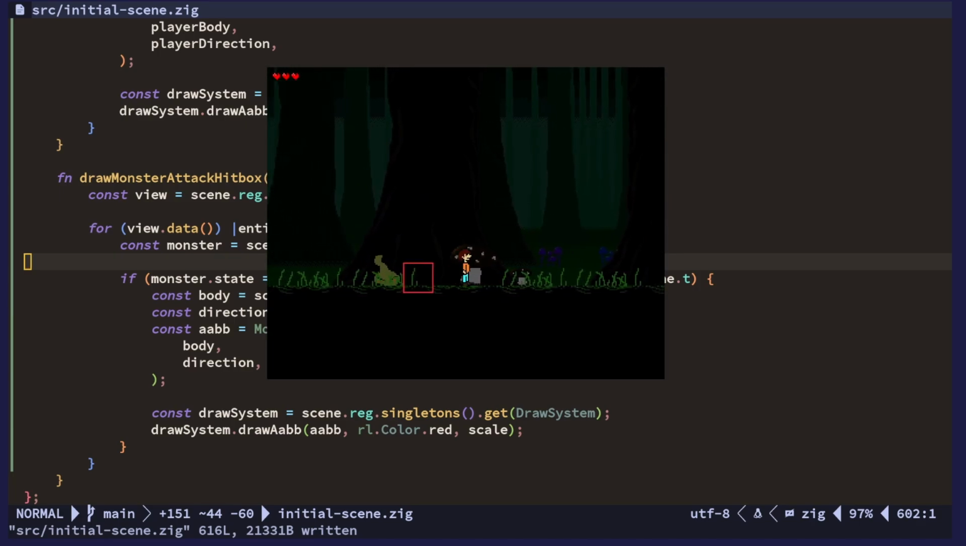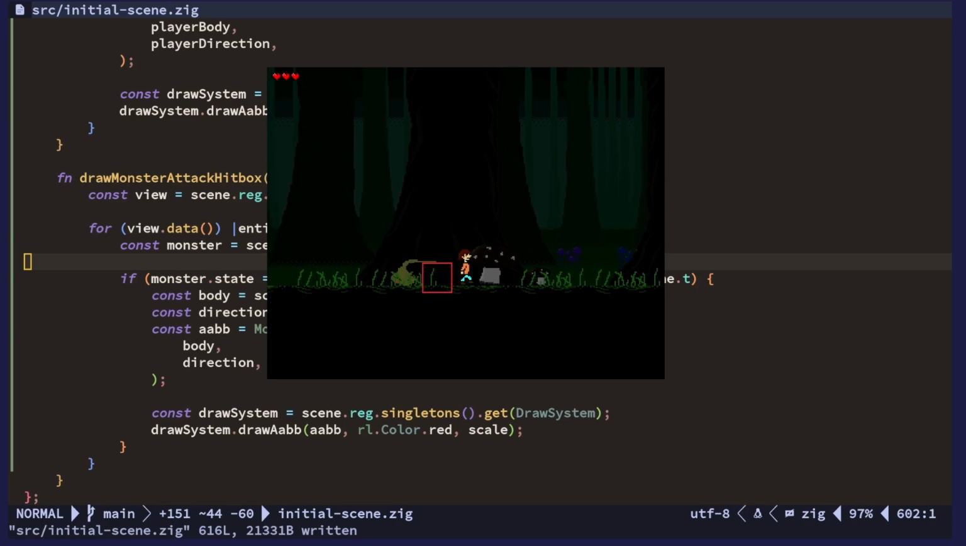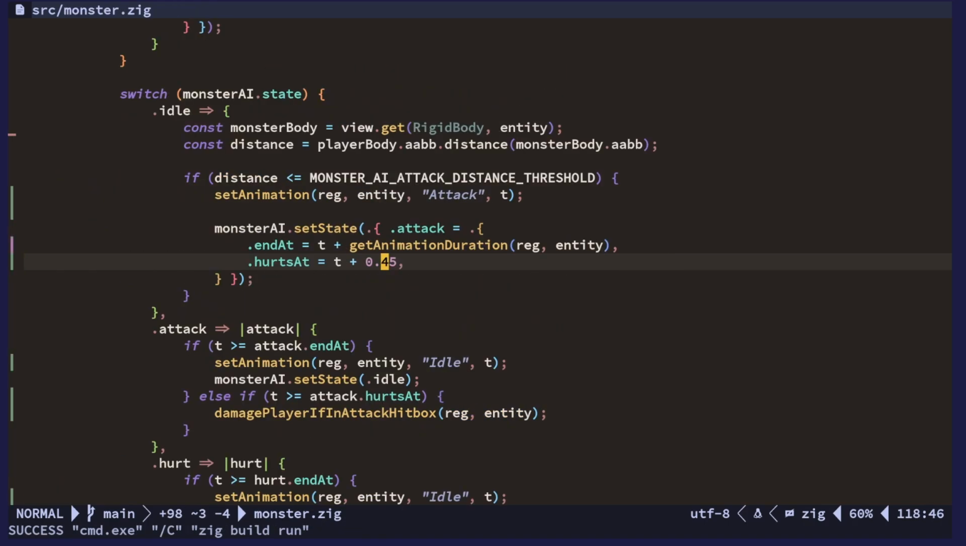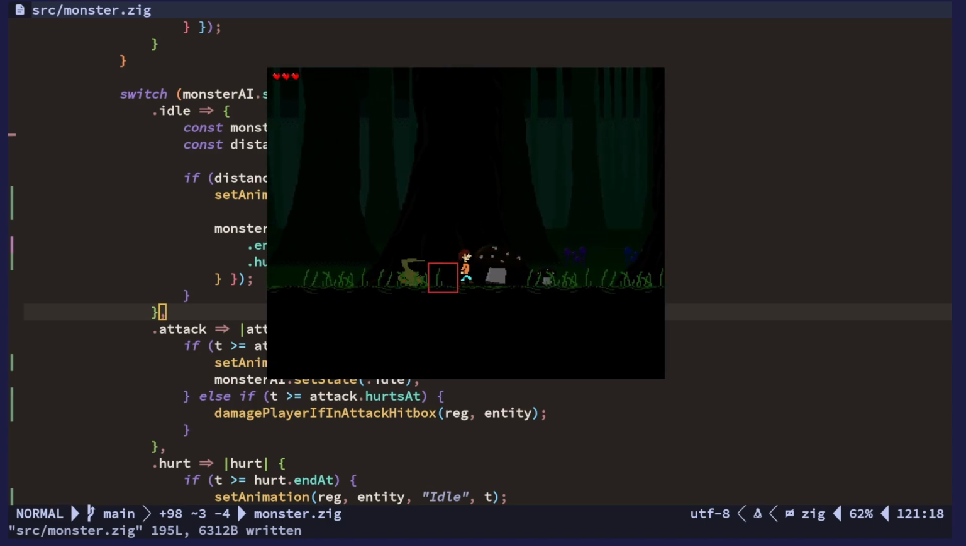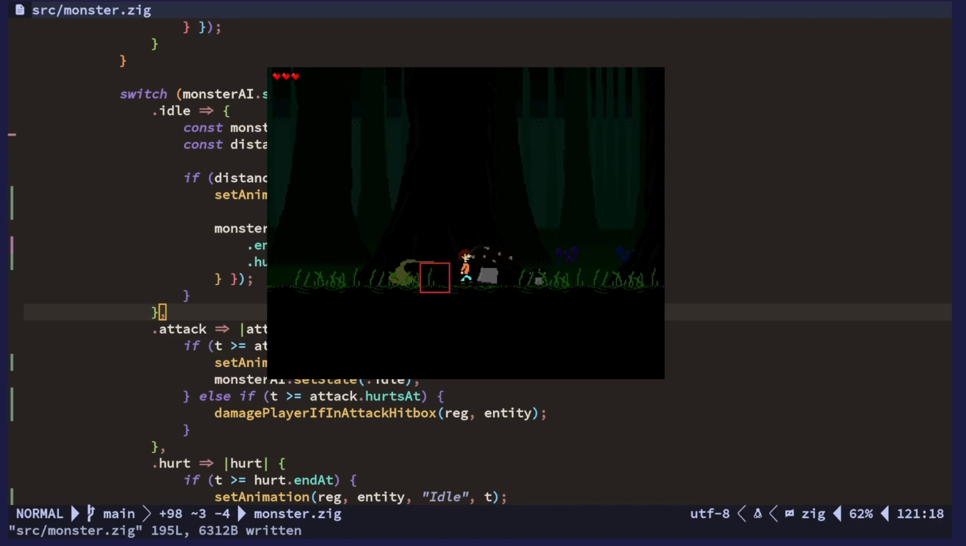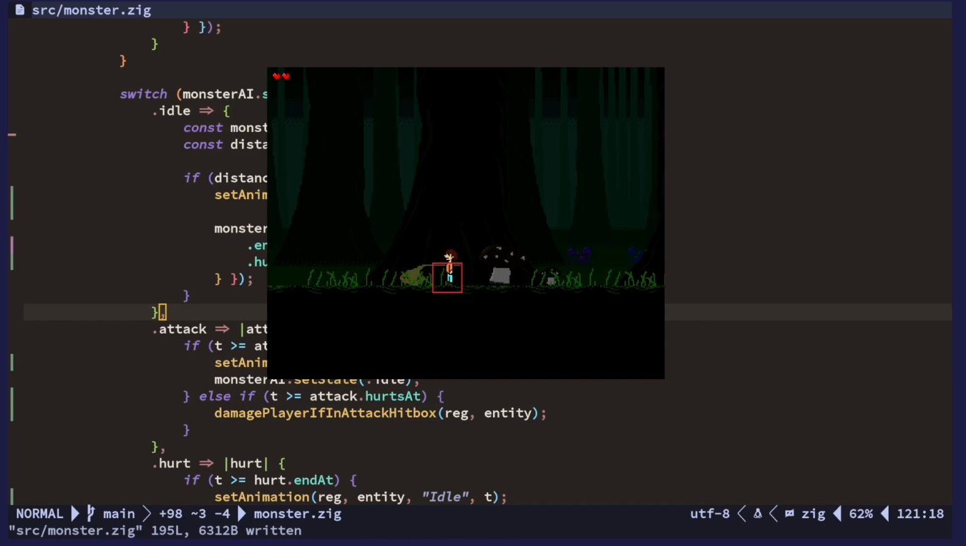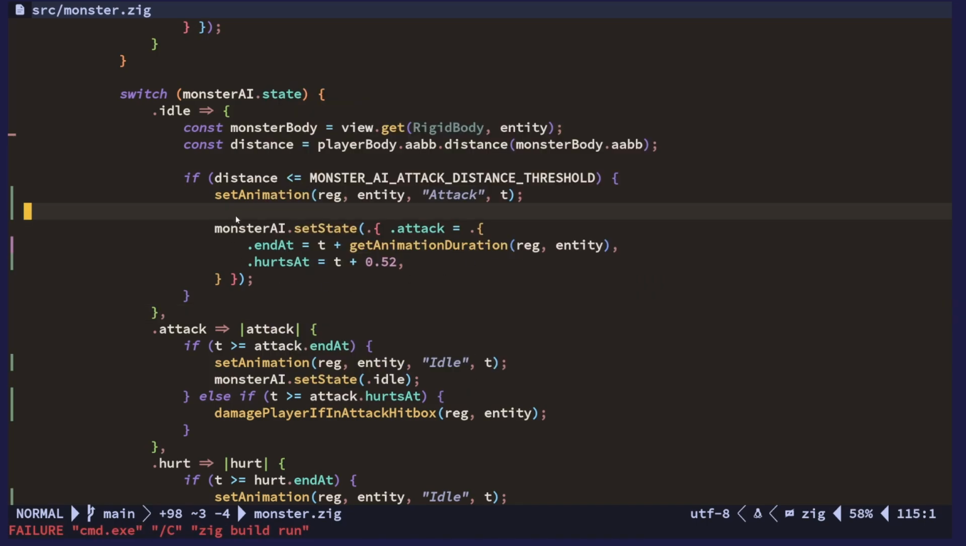So, all right, it's a little bit too quick. So let's just modify this. Okay, the 0.52. Let's try that. Okay, so I basically went to the frames and calculated when it should be. And yeah, now it looks like it appears at the right time. And we can see, if you saw the health there, it went down. However,